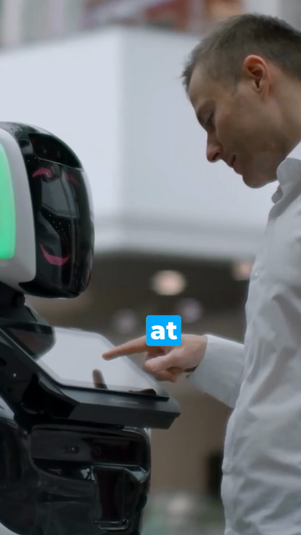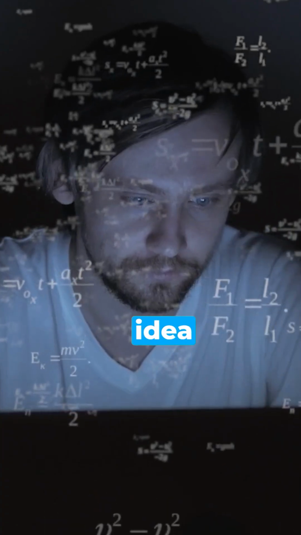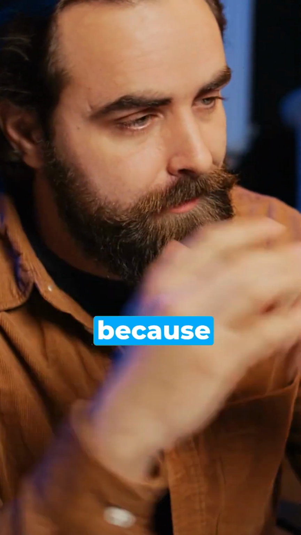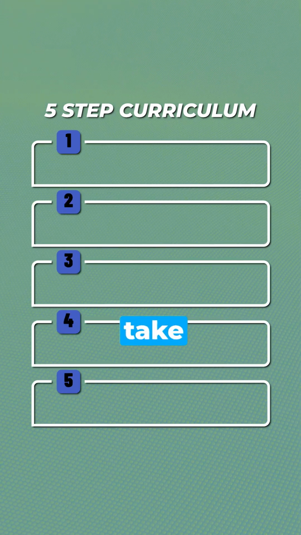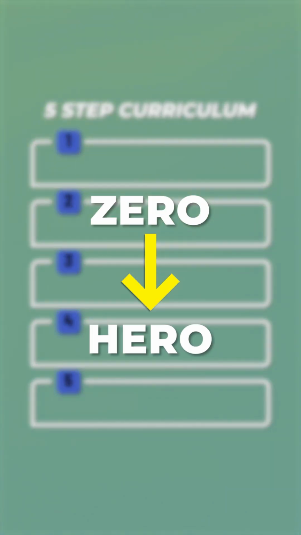systems. And so if you're looking at building your own AI models, but you have no idea where to start, you can stop guessing, because in this video, I'm going to share with you a 5-step curriculum that is going to take you from zero to hero. Well, it's going to require some time, but the first 3 classes you can probably knock out in maybe 20